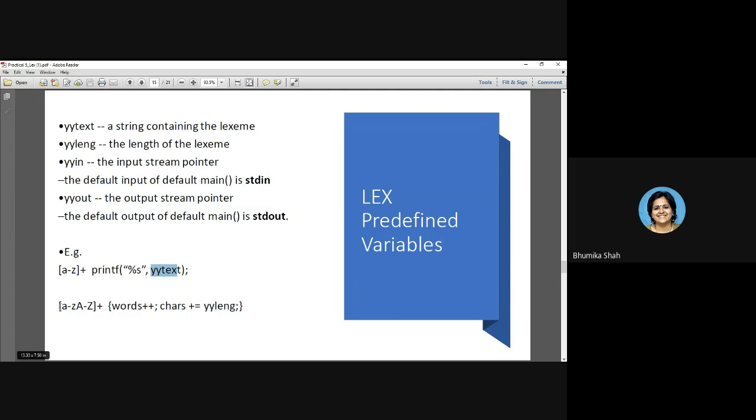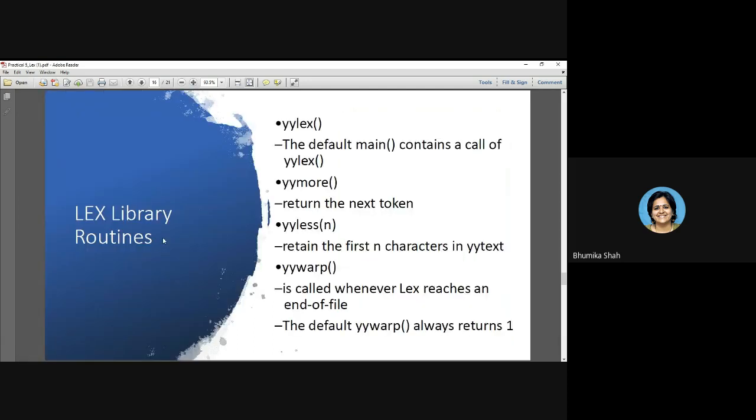For example, hello. Similarly, see yyleng, you can use for considering length and manipulating the length, and so on. We are going to do this program also ahead. We'll discuss as and when it is required. These are the system defined variables which we can use for our purposes. These are very, very useful functions. Again, these are library routines, lex library functions. Like we had printf, scanf functions, which are C library functions, we have lex library functions also. And they are very useful in each and every program we are going to use them.